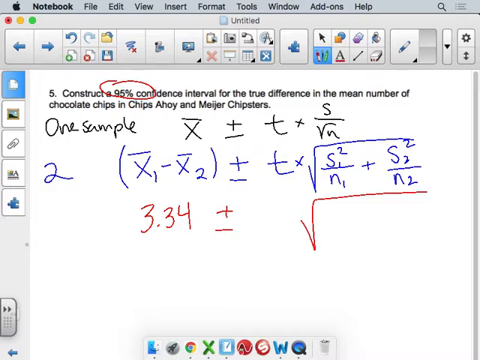So standard deviation of the first one was, I said that it was 2.49. So I'm going to square it over the sample size, which was 28 for both. So I'm going to do 28 plus the number I gave for standard deviation for the Chipsters,